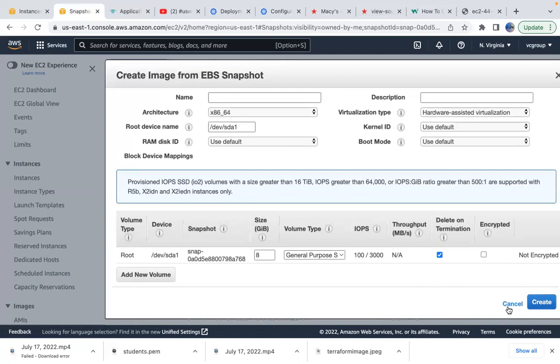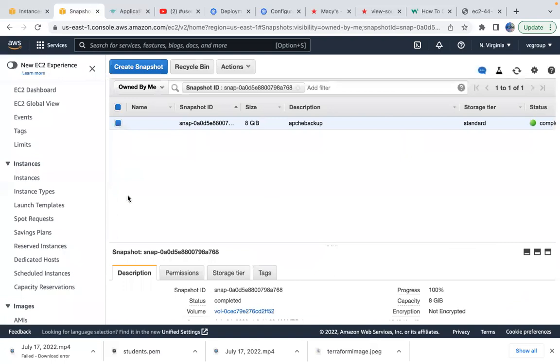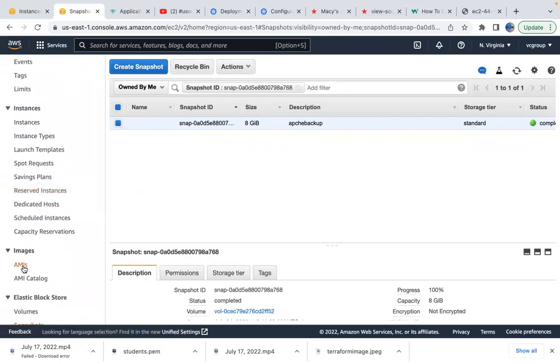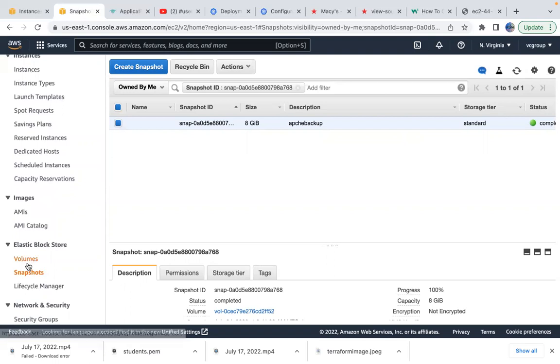Okay, so this is the backup, and this is the EC2 and AMI and EBS volumes. Okay, EBS volumes and snapshots. This is the EC2 dashboard, and we covered AMIs, and we covered snapshots, and we covered EBS volumes. Now, let's say, for example,